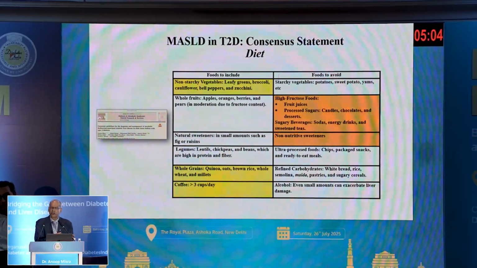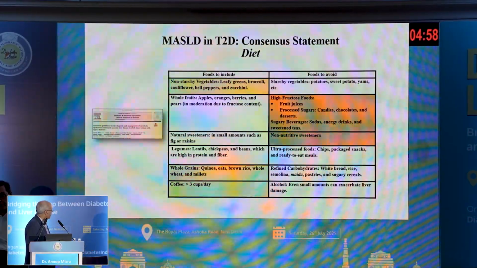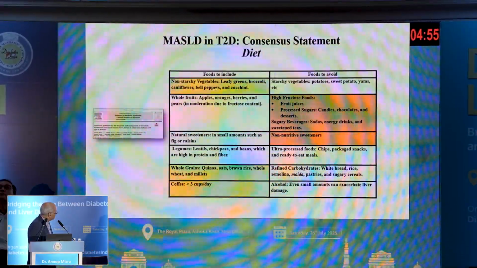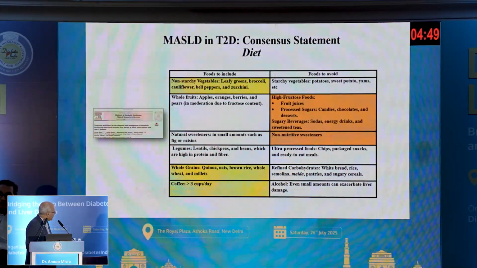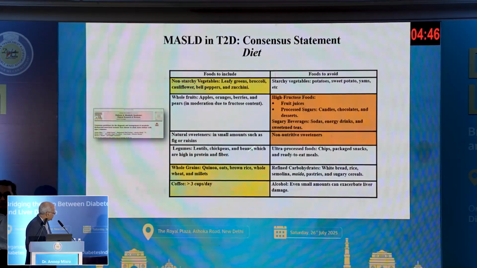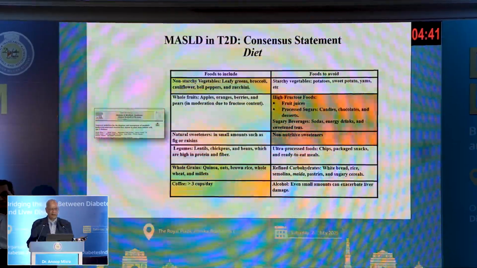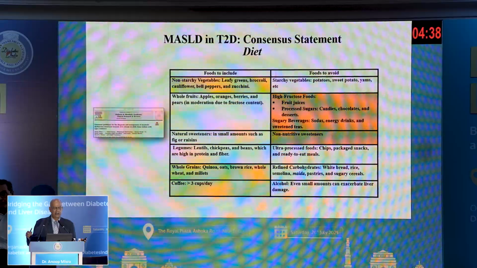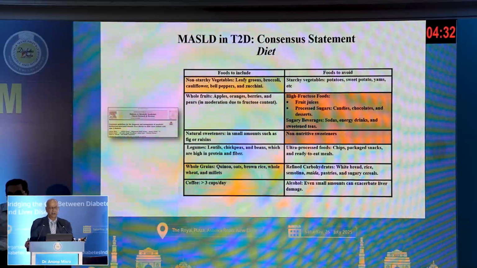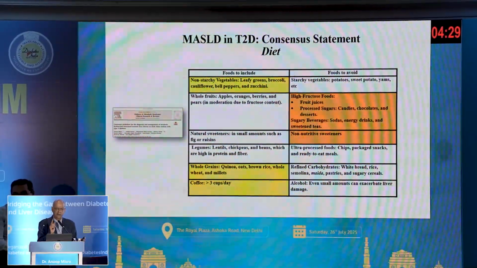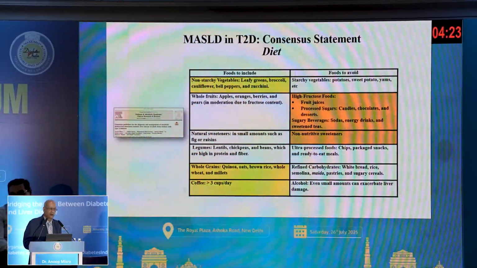Now, there is a huge section on diet, and I'm not going to cover that because of the paucity of time. But a couple of things. Green leafy vegetables are extremely important, and something like broccoli, if you can buy it, and whole grains. These are the whole grains, and several of the millets, and coffee. Coffee was a controversial thing, because when we looked at the Delphi process of more than 100 people who participated in this particular consensus, many of them were divided as far as coffee is concerned, but we had clear evidence from several trials that coffee is good for the liver.